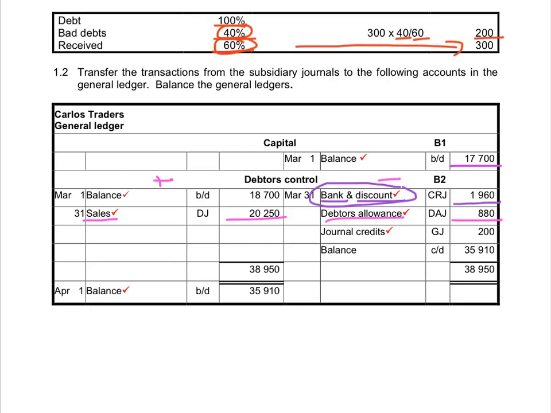Debtors control is an asset. Assets always have debit balances. Therefore, we will add up the debit side first. Then we will subtract all the amounts on the credit side and work out what is the difference between the debit and credit side. And the difference is my balance carried down above the total. So this is my balancing figure. And this balance will be brought down on the first day of the next month below the total to complete my double entry. If I carry on in my books in the next month, I will see that I start with debtors owing me